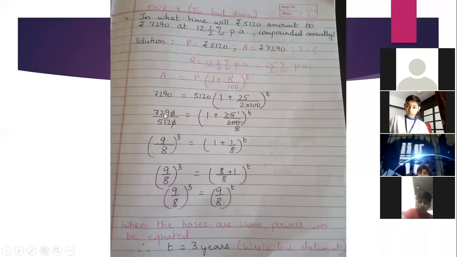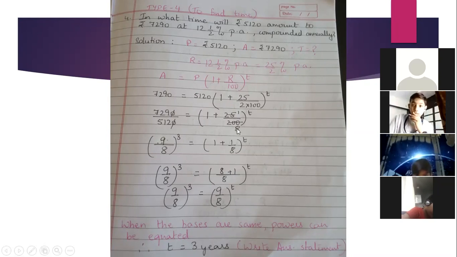Otherwise you will realize that both your left and right sides should have the same bases. So I knew that 729 is a perfect cube, and mentally I knew that 1 plus 1 upon 8 will be nothing but 9 upon 8. These two steps are additional steps which I have shown, as to how 1 plus 1 by 8 became 9 by 8. Otherwise over here only 1 plus 1 by 8, and the next step should be 8 plus 1 upon 8, which is 9 by 8.